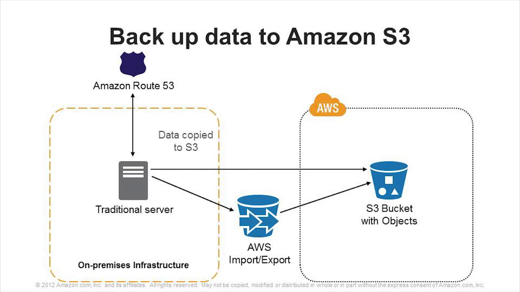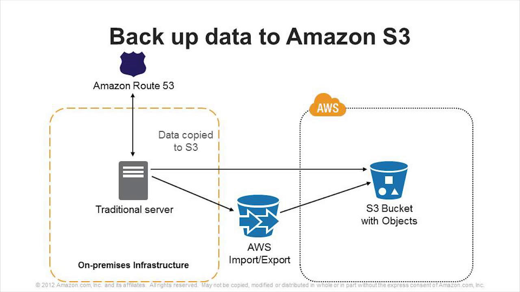So schematically, what does that mean? On the left, we have our traditional server running in your data center. And we're either going to directly copy that data up to an S3 bucket across the internet, or perhaps for whatever reasons, we're going to use the import-export to send that indirectly. So if you're already writing data to local devices, perhaps the easiest way to work S3 into your operating model is to simply, instead of sending those devices off-site to your existing archiving location, send those to us instead, and we'll then copy them into the cloud for you.